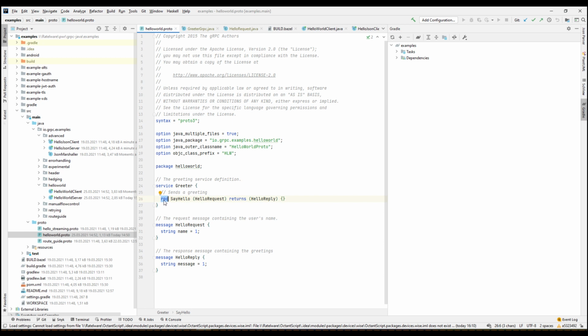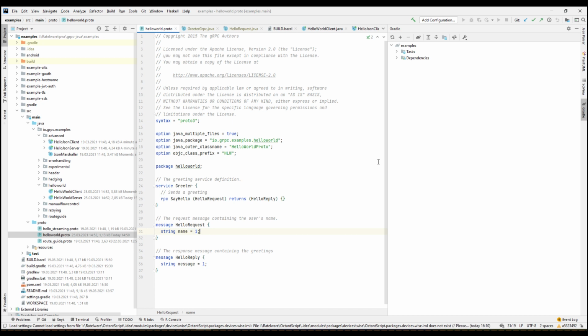This defines a service. You can think of it as a function, a procedure that is supported by the server, and this defines a message that is sent between server and client. Now this number is a little mysterious,